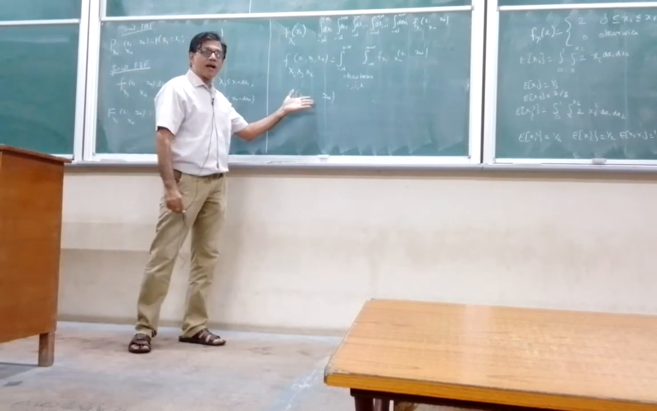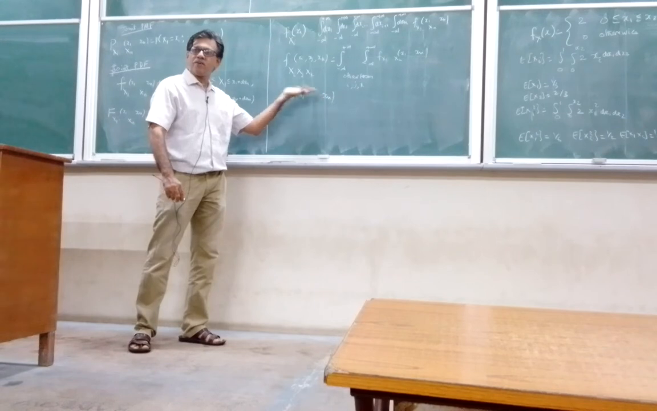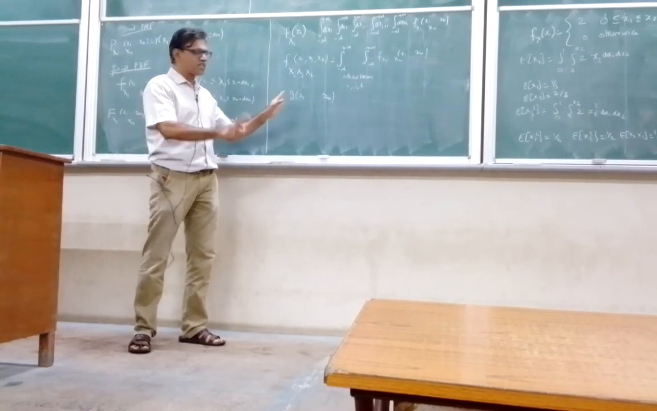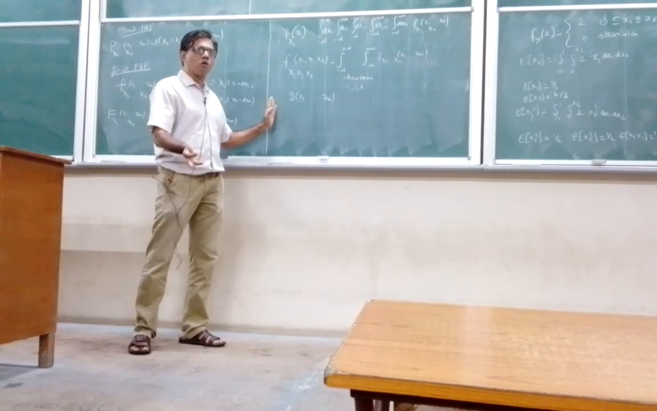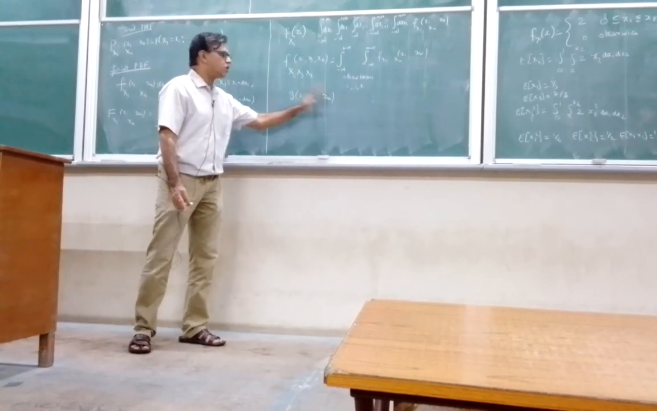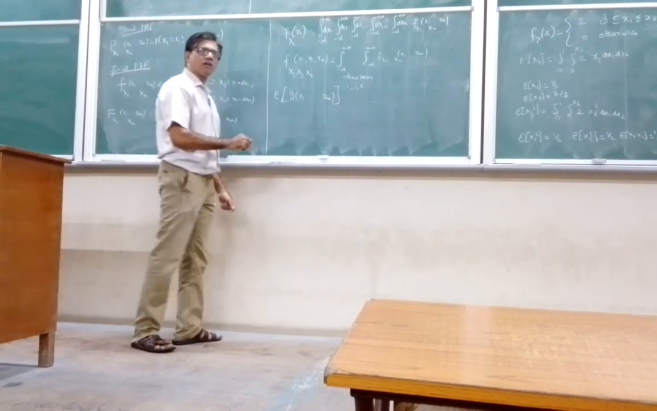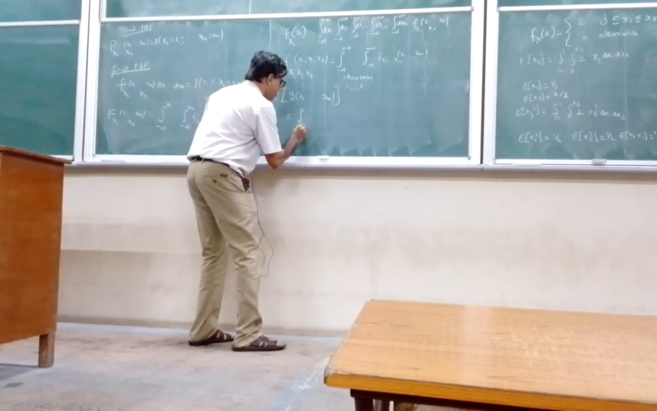It may so happen that one or two random variables may not even appear in that functional form. Then it is only a function of the remaining ones. But in general, we can always write it as a function g of x1 to xn. Then if you have an expectation of this function, the definition is